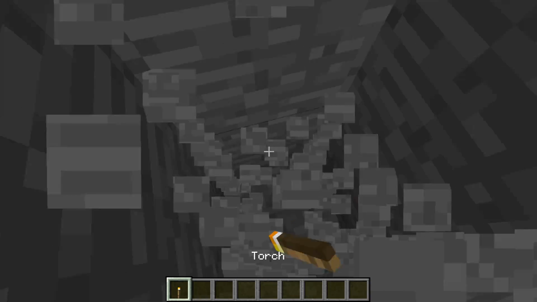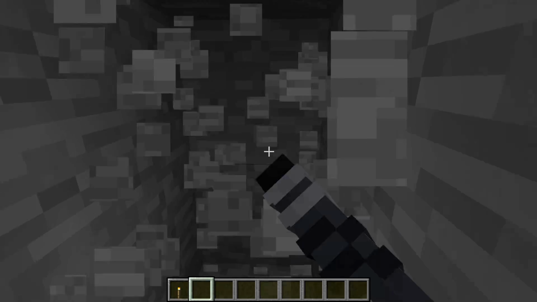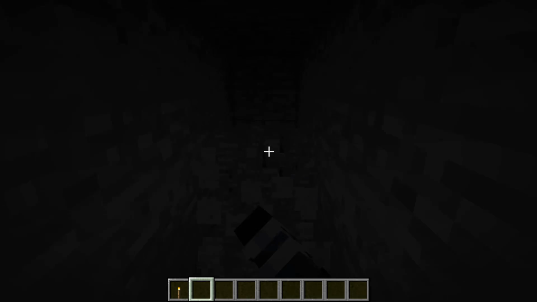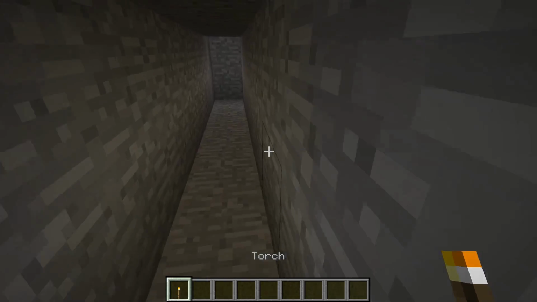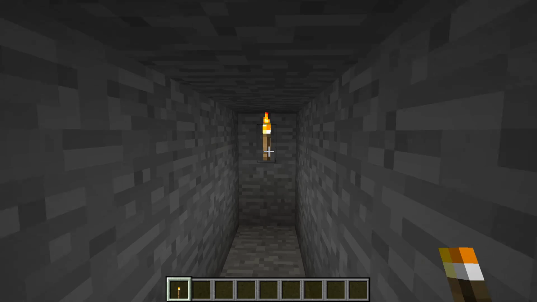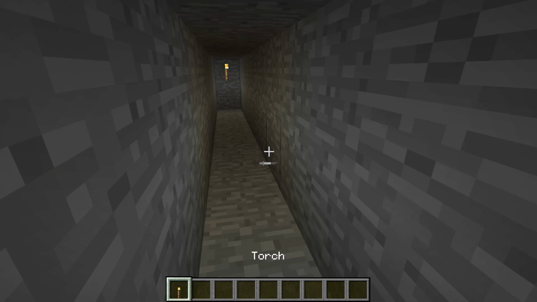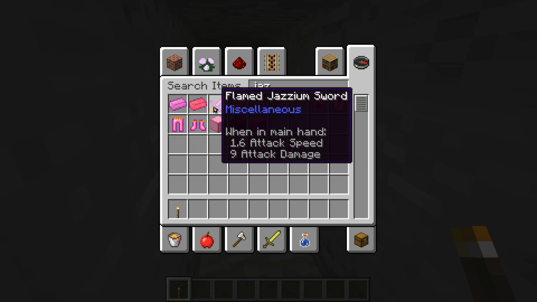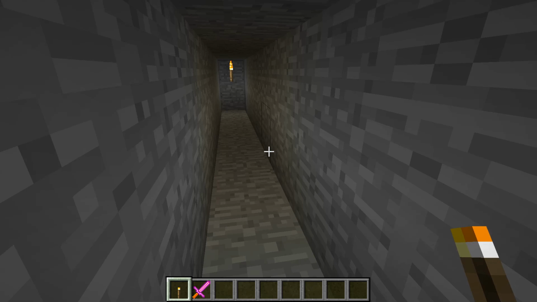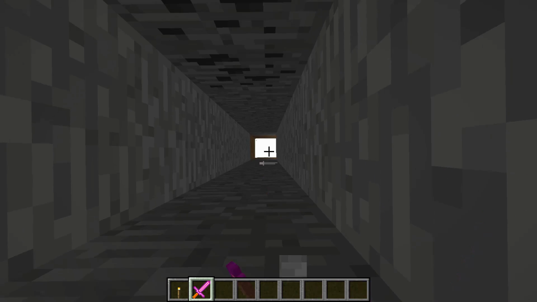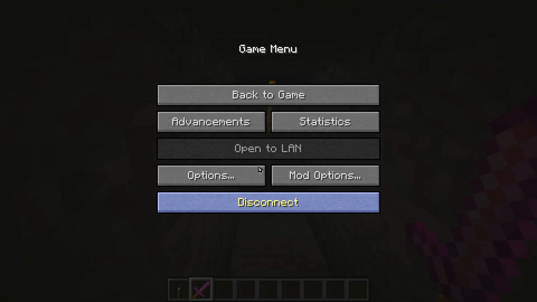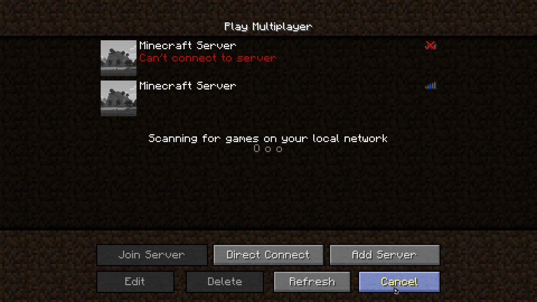So yeah, it's working. As you can see, let me go into a darker area. When you hold out your torch, it makes light. That's what the mod does. And now let's check if we have any Jazzium. Oh, look at that. Now we have some Jazzium tools here, which is part of the other mod too. So it works. That's how you make a modded server